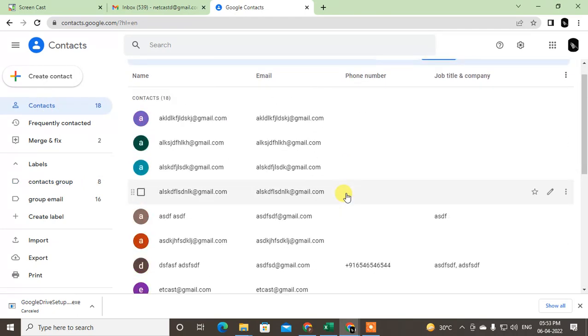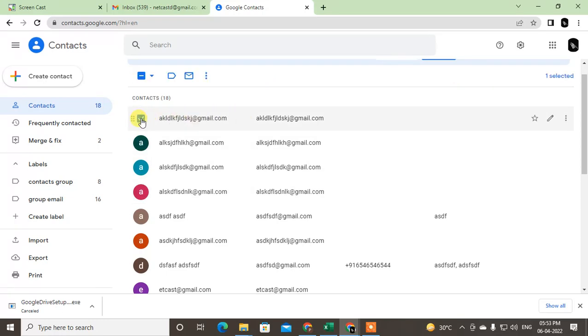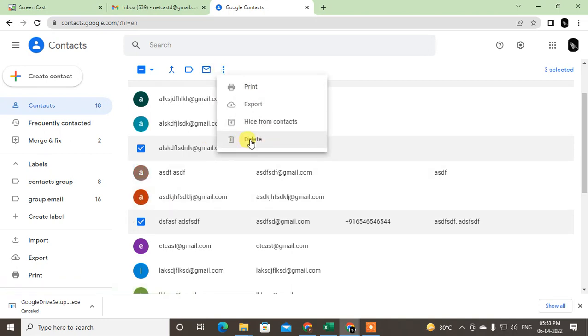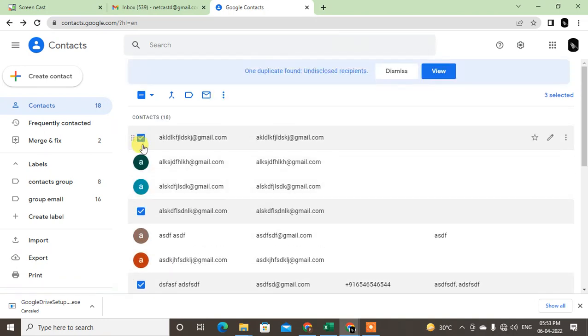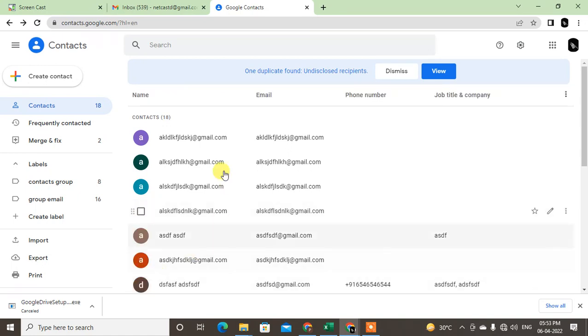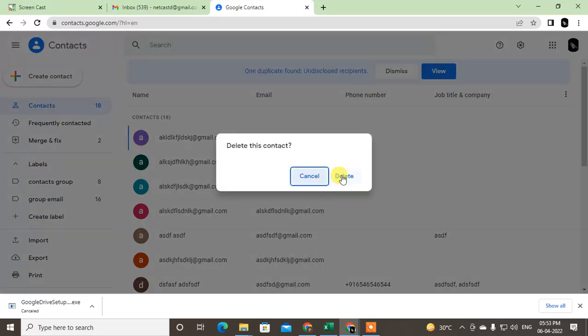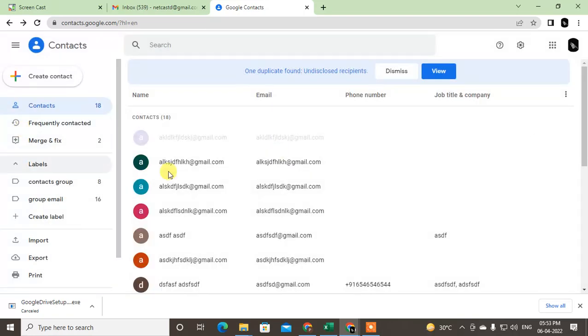So if you want to delete some contacts, you can select like this. If you want to select multiple contacts, you can simply delete from here. Okay, so if you want to delete individually, you can delete from here also. So if I delete this contact, it will be deleted, but it will not be